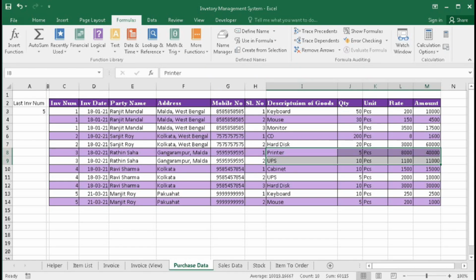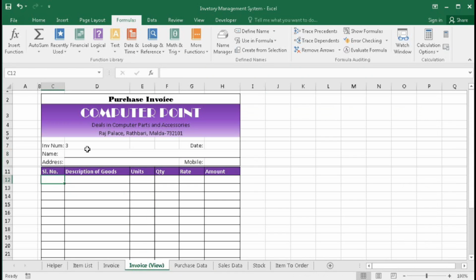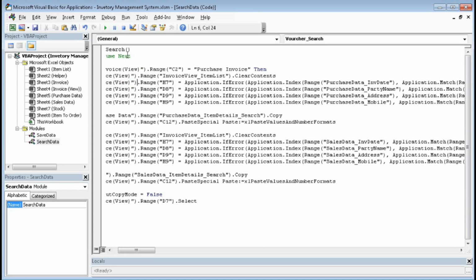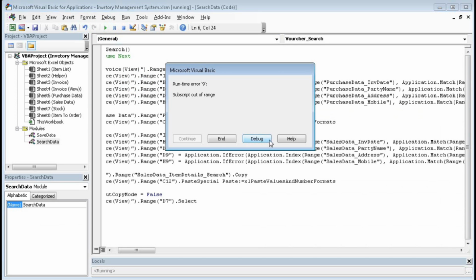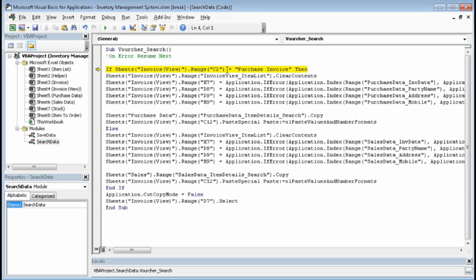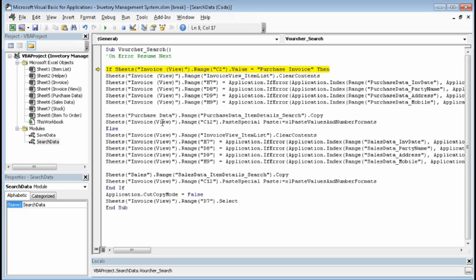Let's go here in the invoice view, it is purchase. Okay, now it is given here 3, so we will run this one. Run debug. So this one is not working because the problem is here, there should be a space, there is no space, so give a space here. Okay, now let's see, run debug.